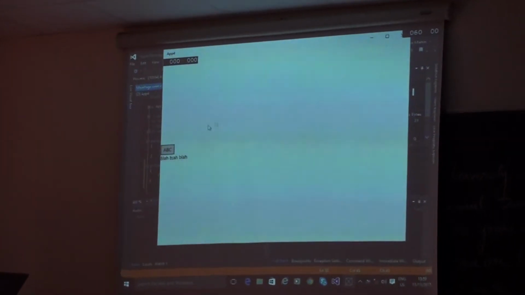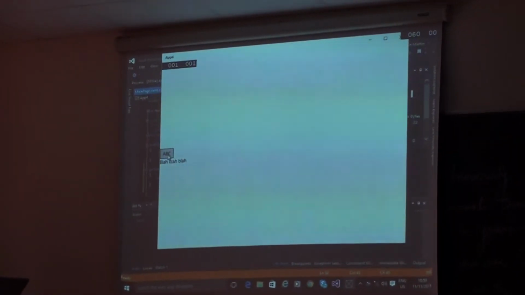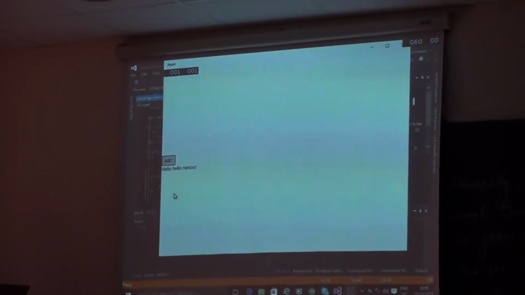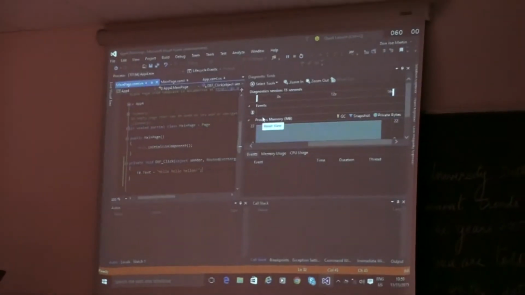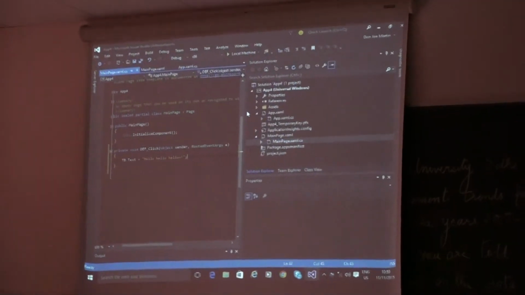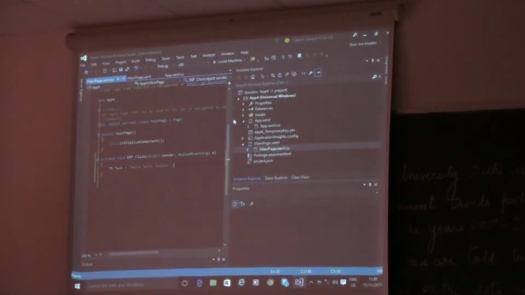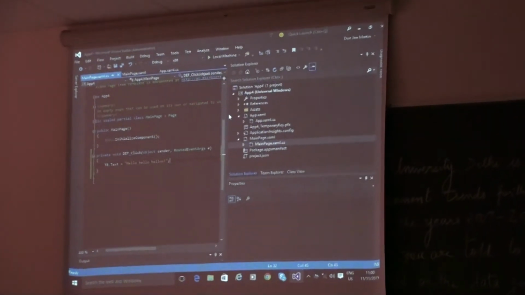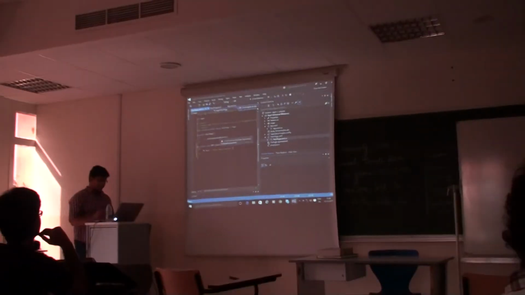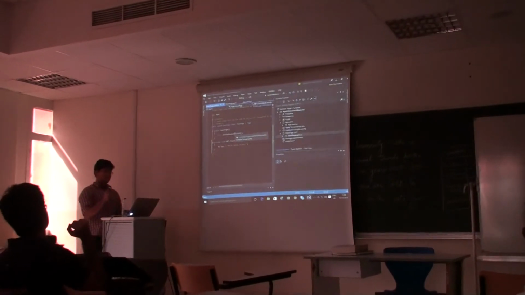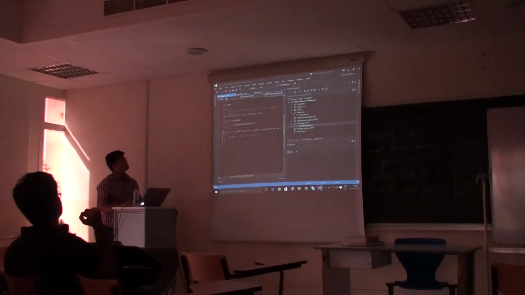Done. So we have the button called ABC, we have the text block called blah blah blah, and once we click ABC, it changes. This is one of the simplest things you can do, because you wrote only one line of code: tb.text will be hello hello. What else will change are the properties, like what text will be there, what colors will be there. So this is one of the simplest apps you can make with C#: you click a button, and you can change the color.